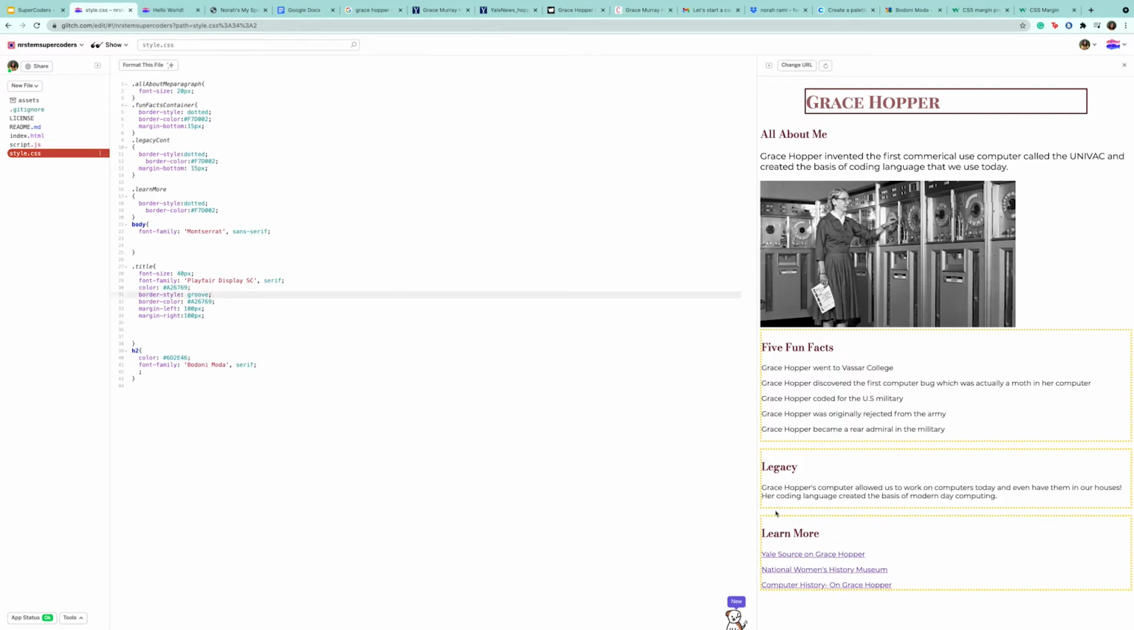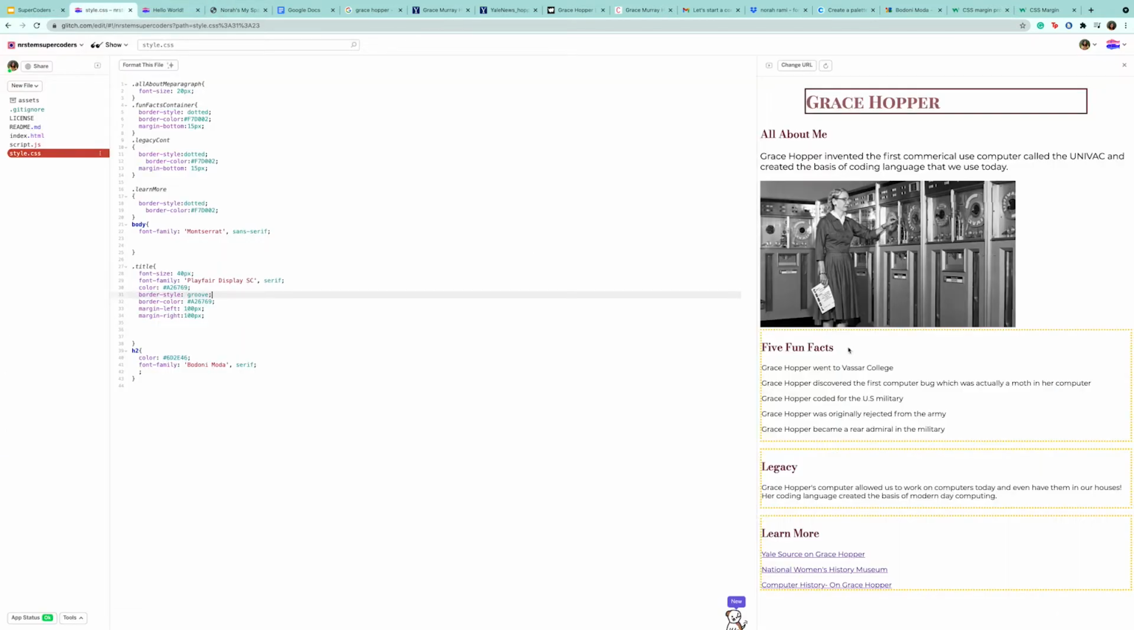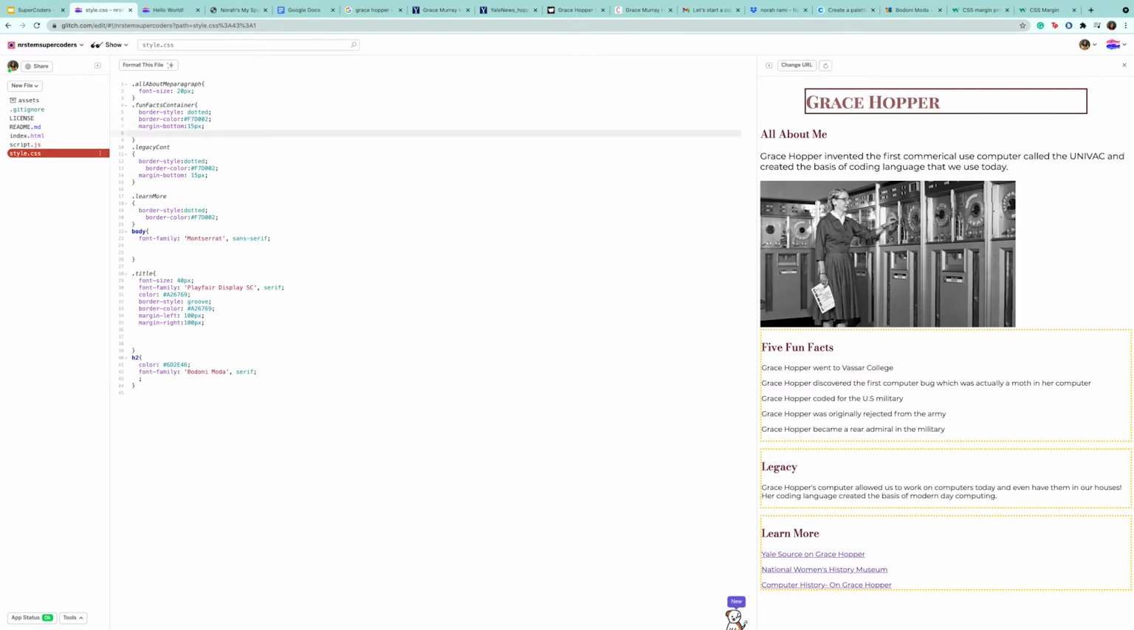We add some space. Now, what does padding do? And here we have the same things for padding. We have padding left, padding top, padding right, padding bottom. But do you notice how the fun facts is right next to the border? Let's say I want all of the stuff a little bit further away from the border. I don't want it all on the edge of the border. What I'm going to do is I'm going to take in my fun facts container. I'm going to make the padding